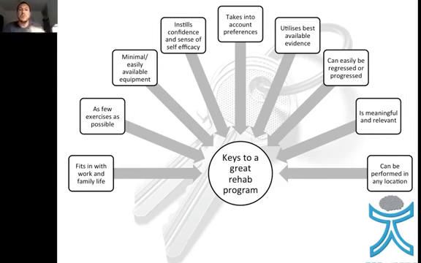That's not the point. Within a well-studied area, although well-studied doesn't always mean that we are any clearer, within an area that tells us we can be free in thinking about these things, we can take into account preference and utilise best available evidence. Again, in the case of back pain, that tells us that there's lots of different ways to skin a cat, which can be easily regressed or progressed. So simply, how do I help that person provide the right amount of stimulus, or if it is being aggravating,